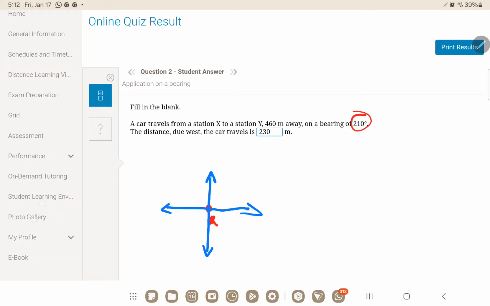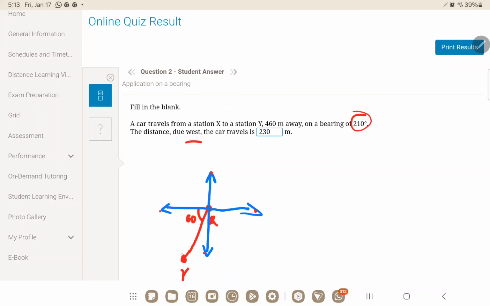Where is 210? This is 0, 90, 180, 270. So 210 would be somewhere between 180 and 270, right? From 270, it would be 60 degrees away. So somewhere here. And here would be 60 degrees. And this is your station Y. Now, a car will travel from station X to station Y,